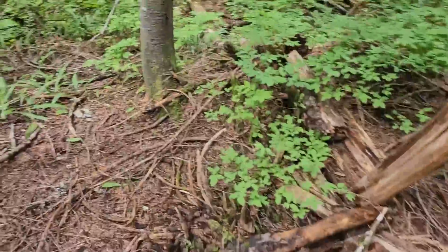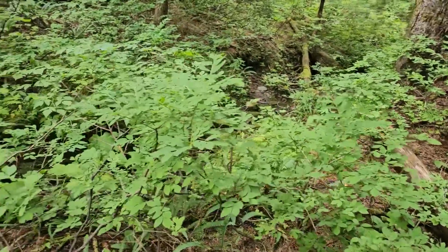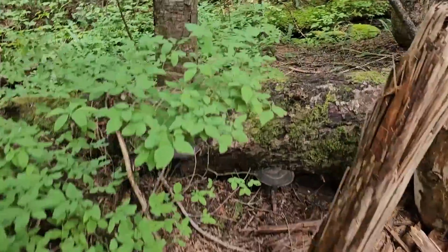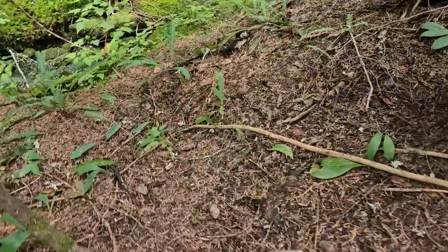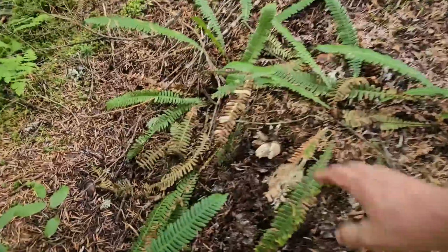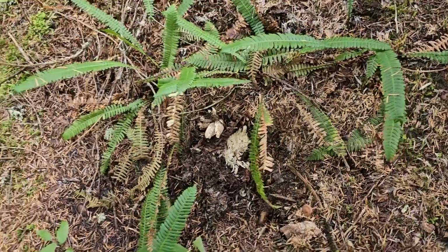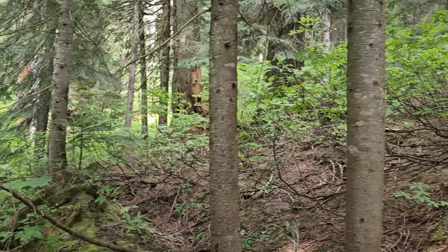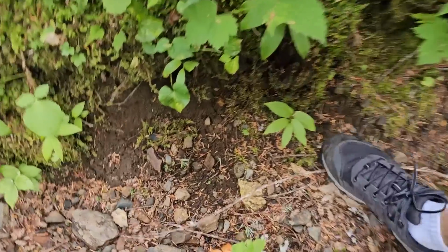This little depression down here where the streams run is a good place to look for porcini often. Yep, there was some growing right here, some big boys. They got eaten by something. Right down here in this little drainage,